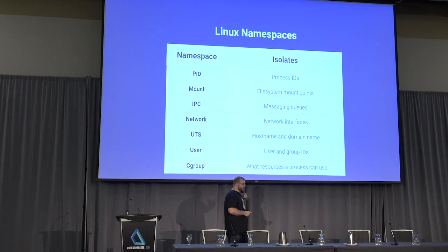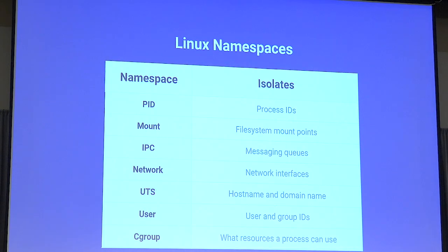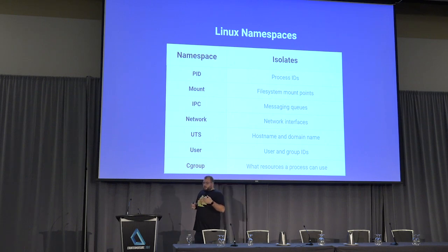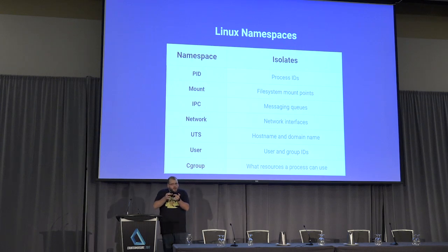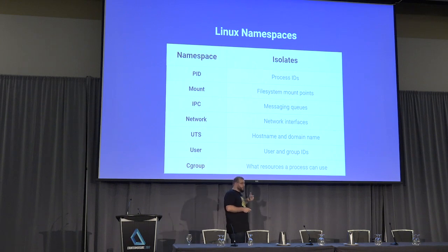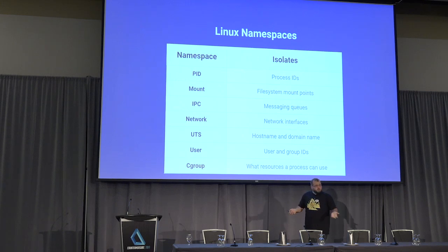Every time you spin up a container, if you're familiar with the Unix or Linux command line tool called unshare, we're creating an isolated namespace in Linux. A namespace is really the idea that an application will think that it is in its own little operating system. What we're really doing is taking a global resource like a network driver or your user ID maps, and virtualizing them. We're virtualizing the operating system, and that's OS-level virtualization.